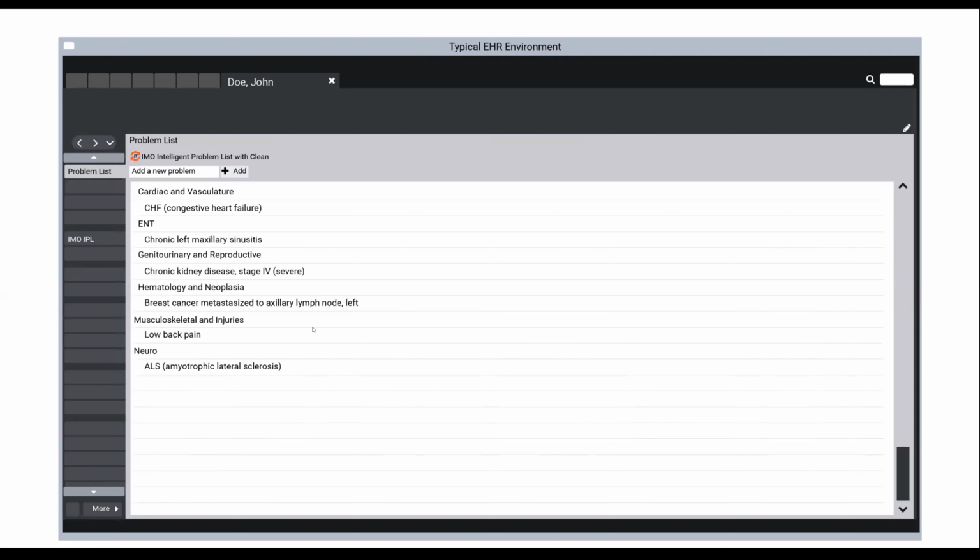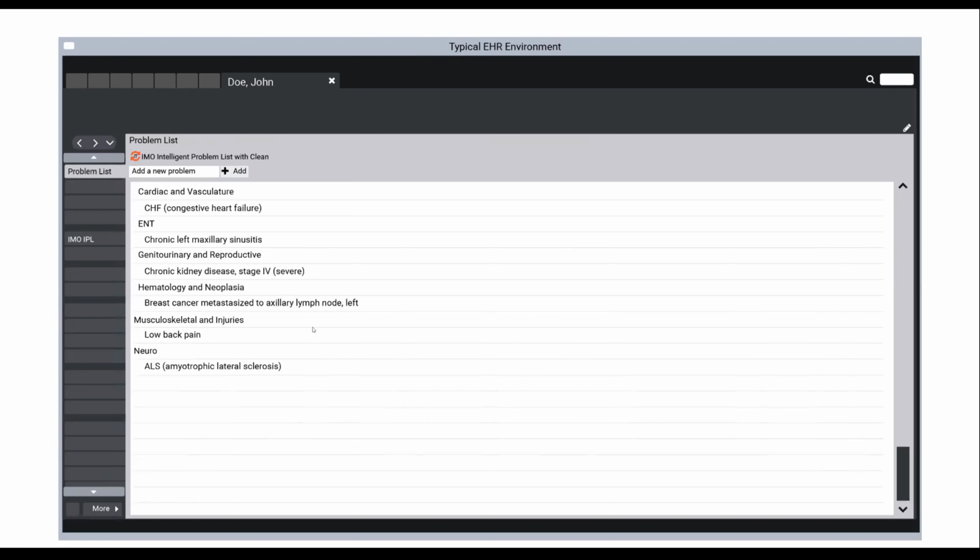But in addition to that, it drives all kinds of other stuff in the EHR, whether it's clinical decision support or best practice alerts or your population health initiatives. Those all rely to some extent on the data in the problem list. And if you can't trust the data in the problem list, you can't trust your investment in the decision support tools and best practice alerts and your population health initiatives. Those outcomes are all going to be challenged because your underlying problem list is not accurate.